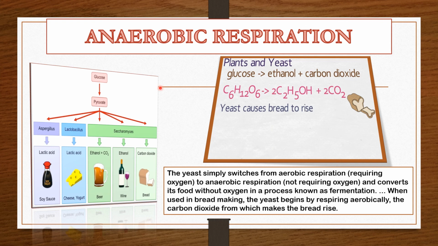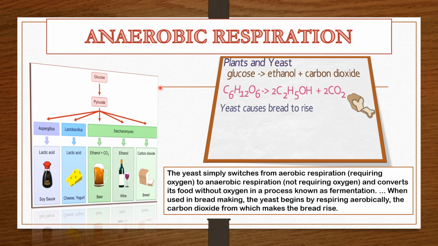Now next one is anaerobic respiration. The type of respiration in which glucose is broken down in the absence of oxygen is called anaerobic respiration. Aero word is coming from air. So without air, anaero. That means it is without oxygen. In this case, glucose is only partially broken down. The end products being ethanol or ethyl alcohol rather you can say and carbon dioxide.